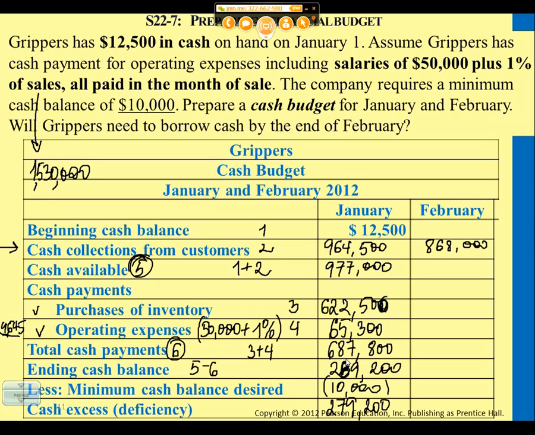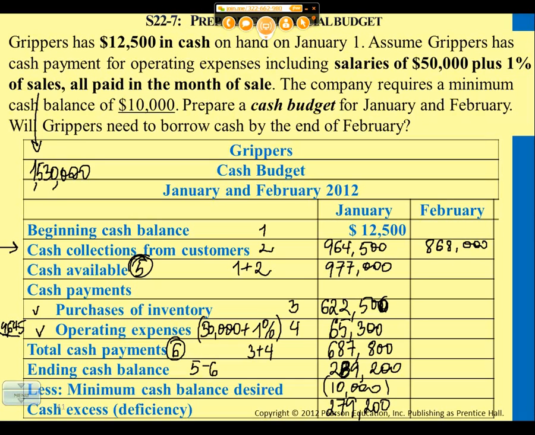Do you subtract the minimum cash balance every time? Well, it's not going to make any difference right now because we're interested in February, right? No, but I'm saying, do you always subtract the minimum cash balance? When you first showed us how to do the example, you just stated that the minimum cash balance was 10,000. Let me look at it. Just a second. It was in the example, 10,000? When you showed us how to do this initially. Oh, that's what you're talking about. Okay, and how come you didn't subtract